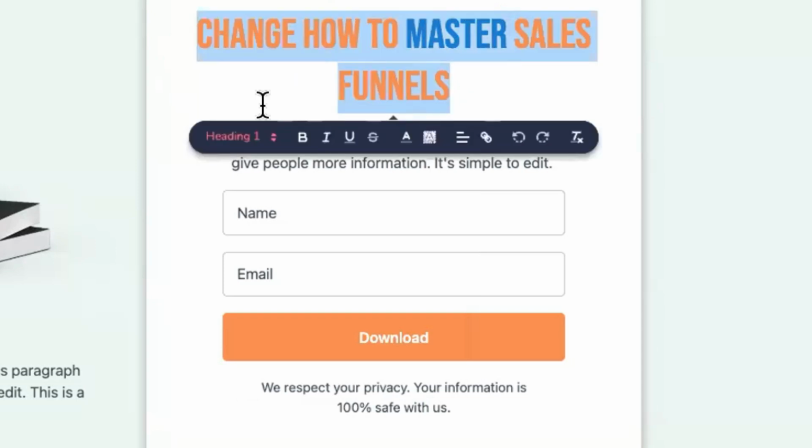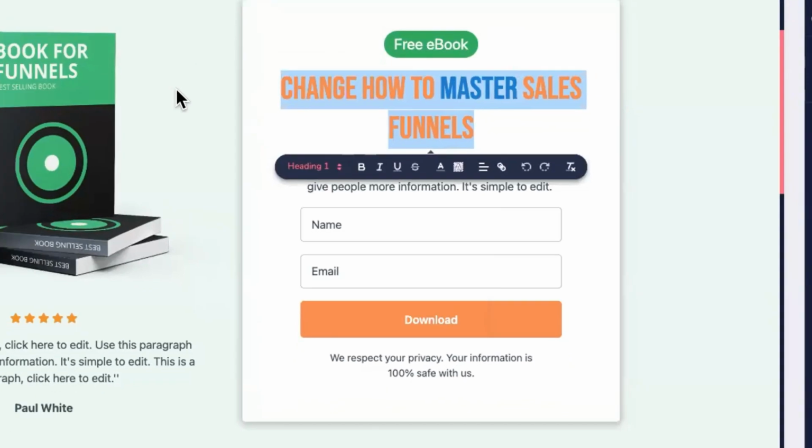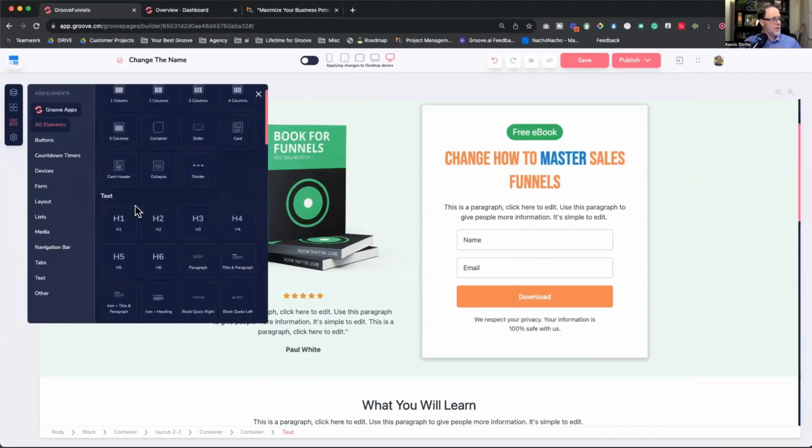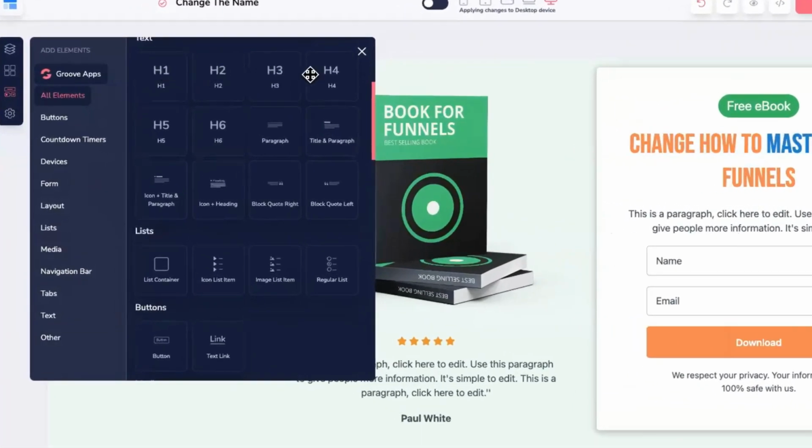Let's talk about heading 1, 2, 3, 4, 5, and 6. So when we go into text elements, we have H1, 2, 3, 4, 5, and 6. The most important thing to know about this is that when you're using a word processor, Google Docs, Word, Pages for Mac, the function of these header 1, header 2, header 3, and header 4, primarily in those documents, is